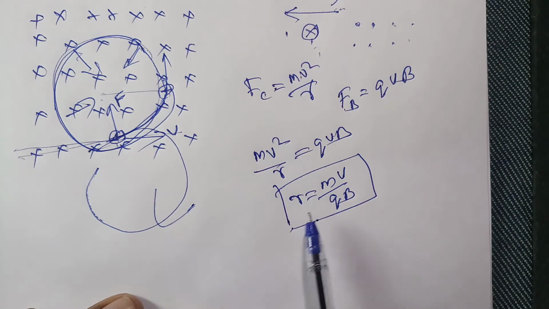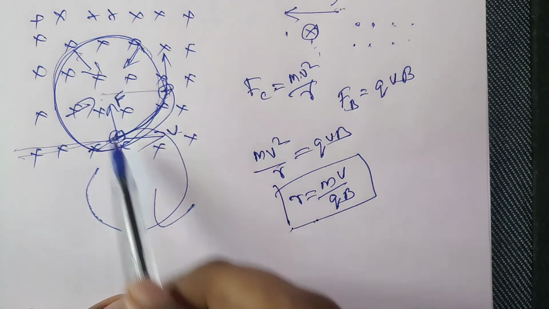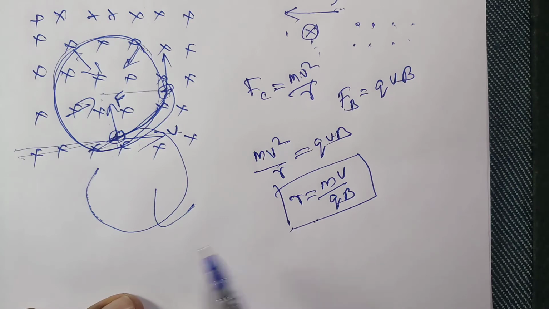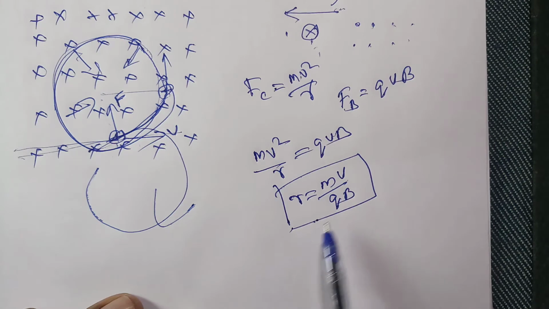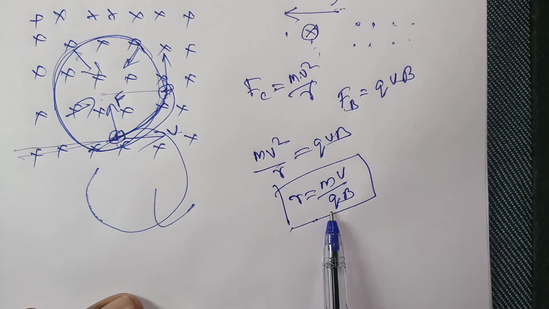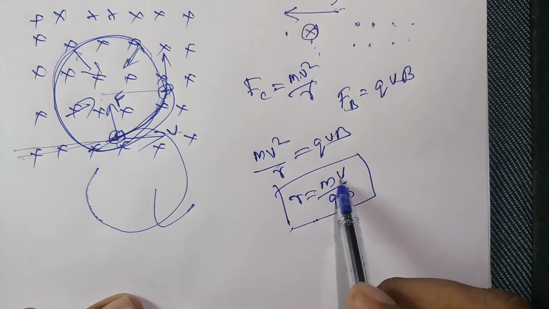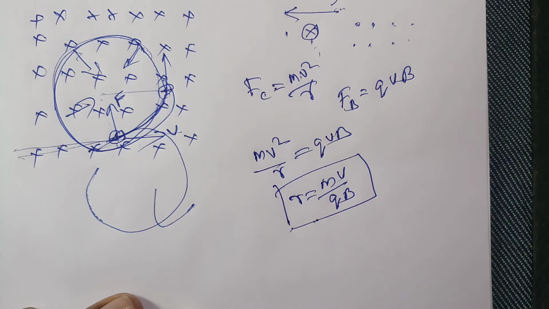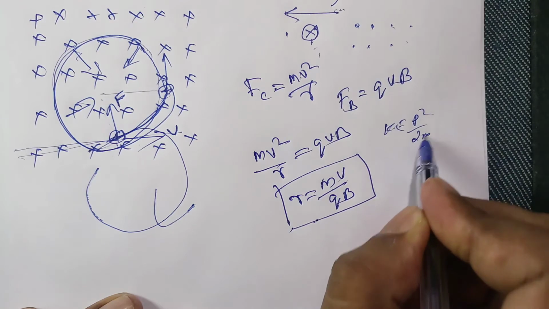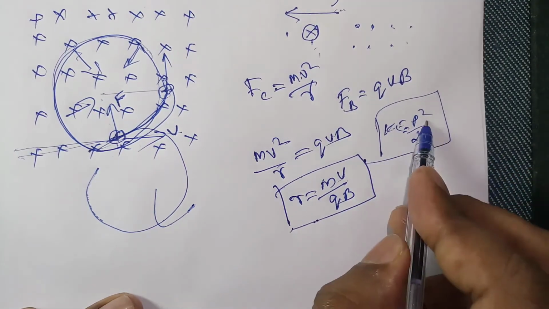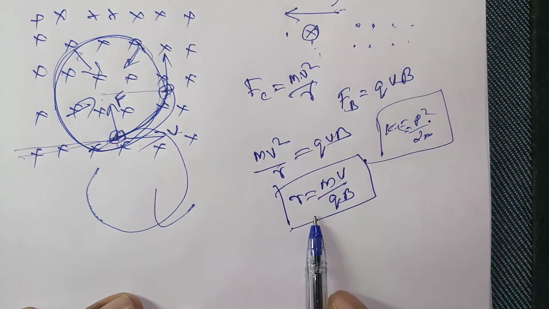So when you are drawing, you should remember that positive charge and negative charge you have to draw to the opposite side. And here mv, the momentum, is given, so you have to think about the momentum, and the charge is also given. Sometimes instead of momentum, they will tell you two charged particles of equal kinetic energy are coming. So instead of momentum, they are discussing the kinetic energy. So you have to use K is equal to p square by 2m. This equation you have to take, compare the momentum and put it here. All those things you have to do in the numerical problem.